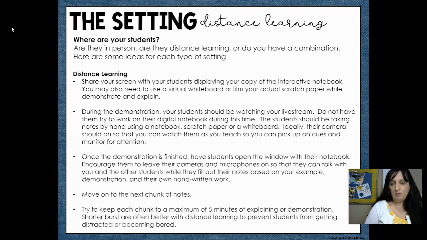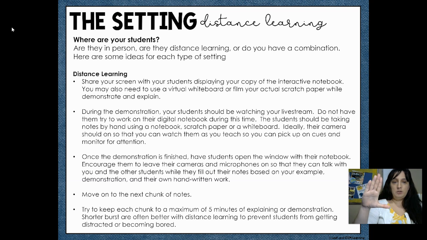Keeping it simple is a really good thing for our distance learners. They have a lot going on in their physical space around them. A lot of times we don't need them to have a lot going on all at once on the screen. So